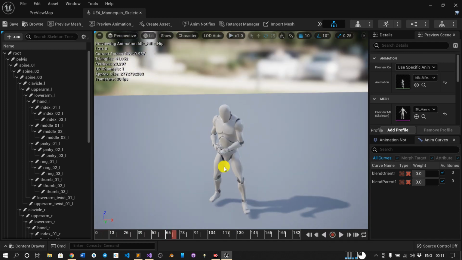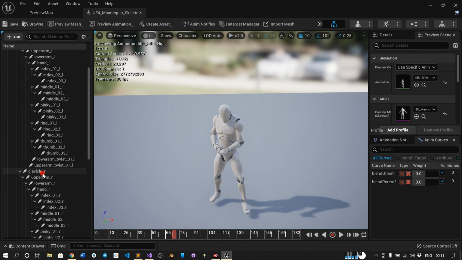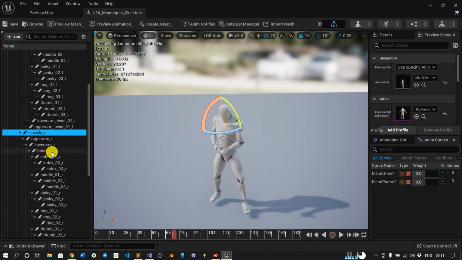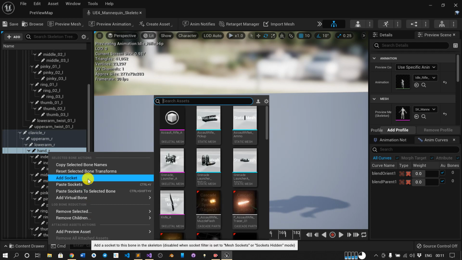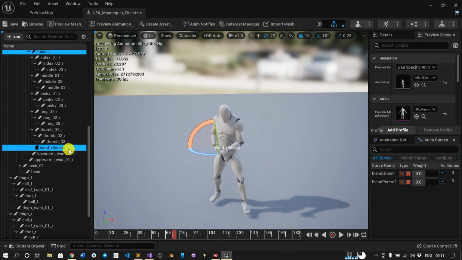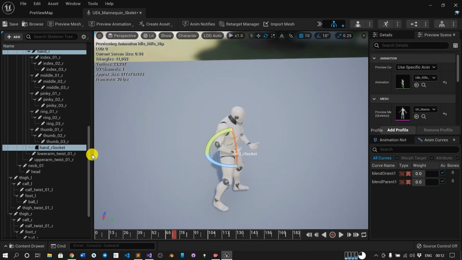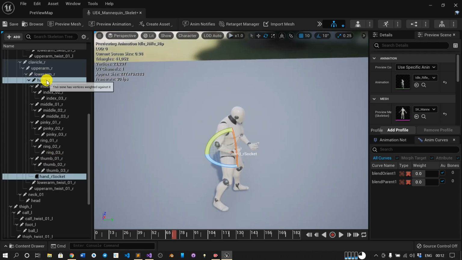Here we need the right hand handle, and we will attach a socket. We need a socket to attach the gun, so that is why we are creating it, and it will hold the gun in the right hand, so we are using hand R for the reference.